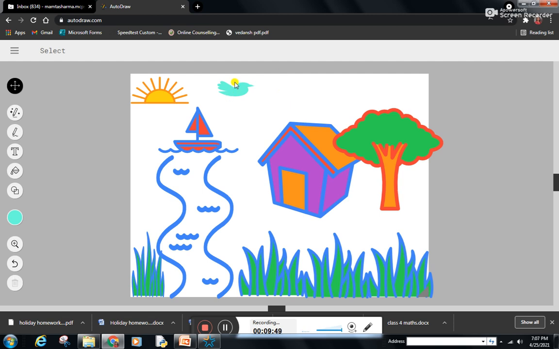It is not up to the mark, so we can select it again and we can copy and paste either by using the arrow keys or by dragging with the help of the mouse. We can paste it somewhere wherever we want to. So suppose I want to fill this color, this is looking quite good.